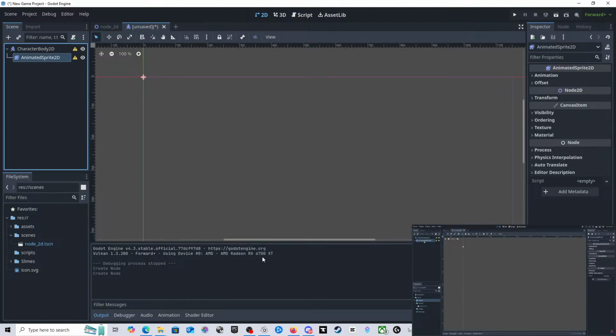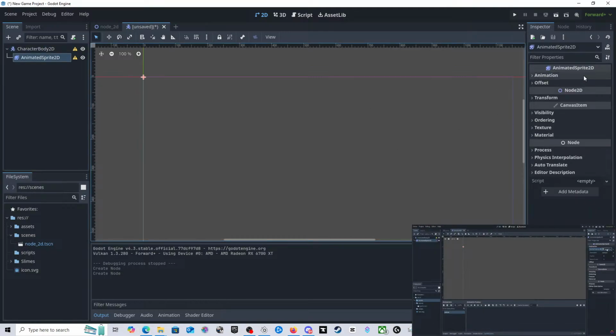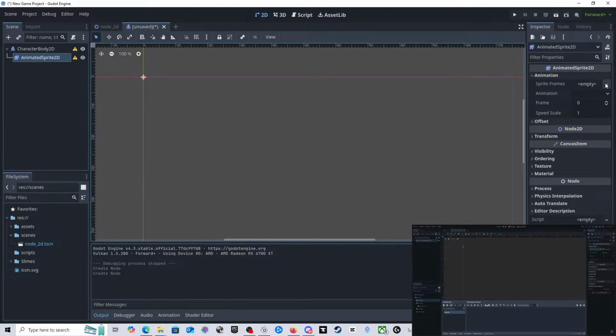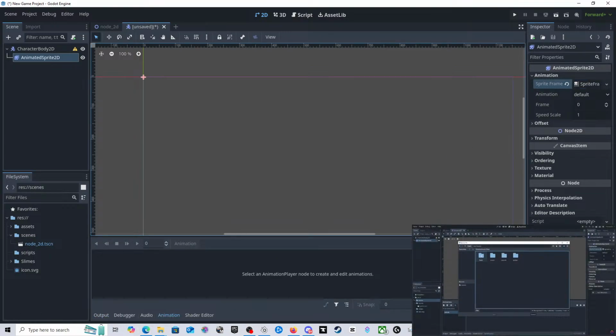Now, with this node selected, we can use the inspector here on the right to change properties on that node. If we select a different node, say our character body 2D, we can now see the properties on that node instead. So inspector allows us to change things about a node. In our animated sprite 2D, we want to add some animations, and we want to give it some sprite frames, the individual frames that will make up our animation. So let's click here and add a new sprite frames. And now we can see that it will open up the sprite frames window. And in this window, we're going to press this tiny icon here that lets us add frames from a sprite sheet. So let's click that, go into our assets.